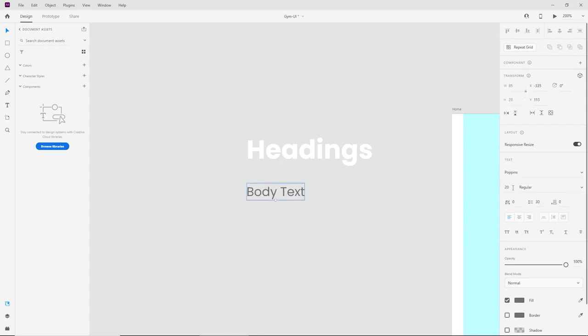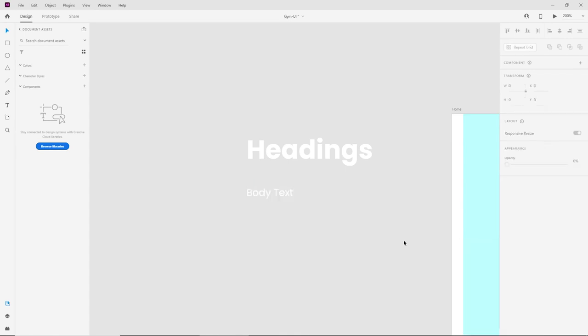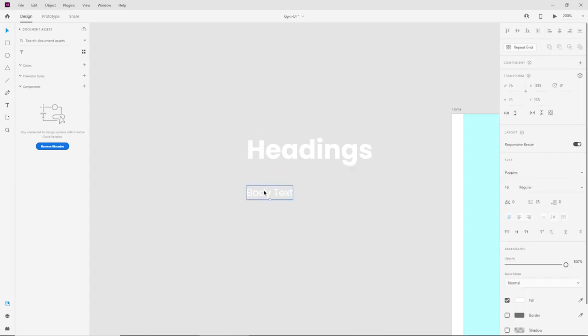And I'm going to go with font size of 16, regular, and then white. Now, one thing that I wanted to mention is that you might want to experiment with different typography for the headings and the body text just to make your layout look a little bit more interesting. But I'm going to just keep it simple today with Poppins, and the reason for this is because I'm actually